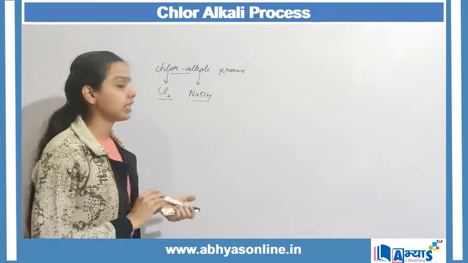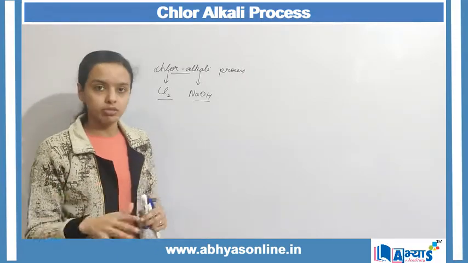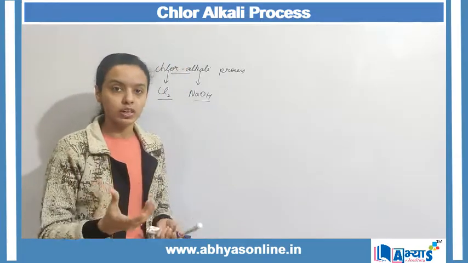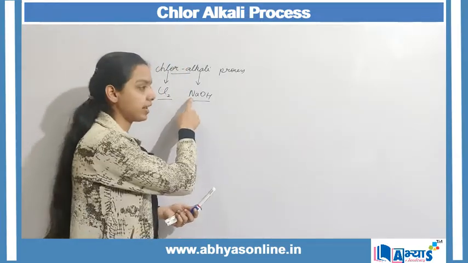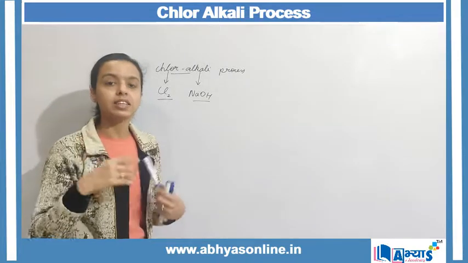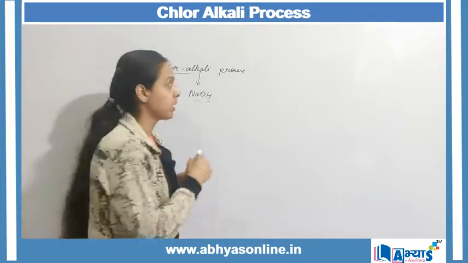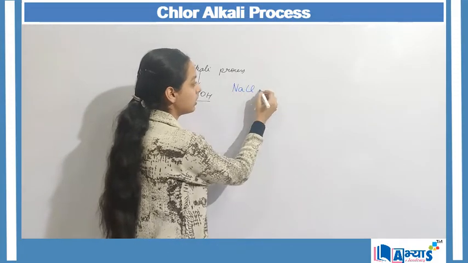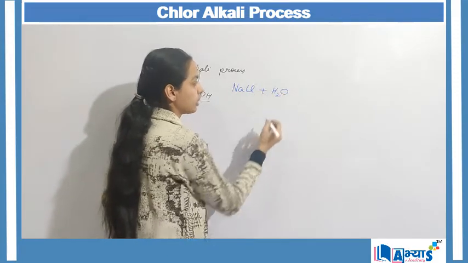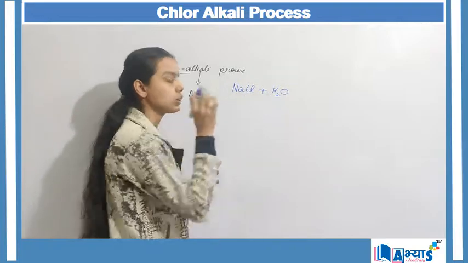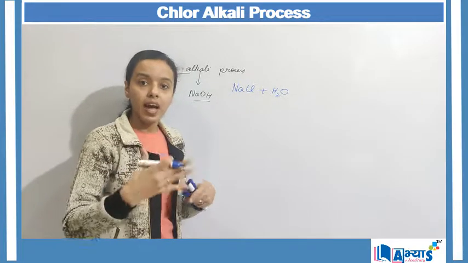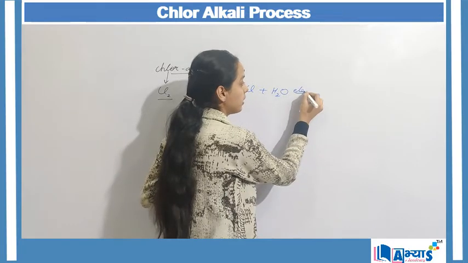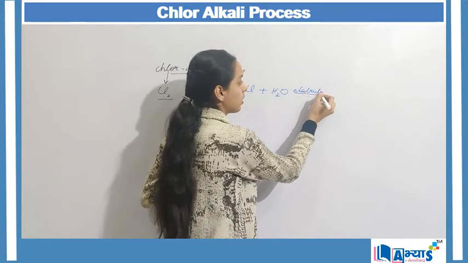Now let us discuss a basic chemical equation of this reaction. In this reaction we have an aqueous solution of a salt, and because the salt is Na, it must have Na, that is the salt will be NaCl. So the aqueous solution will contain NaCl salt dissolved in water, and this is done with the help of electricity, that means we are supplying electricity.